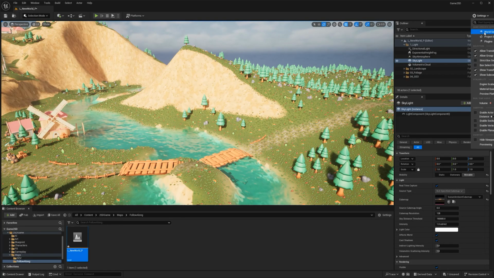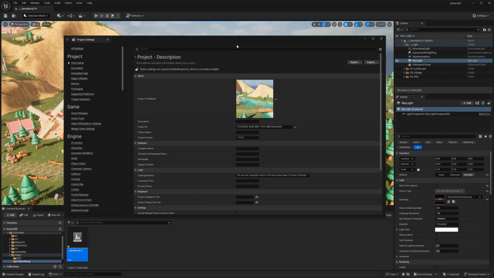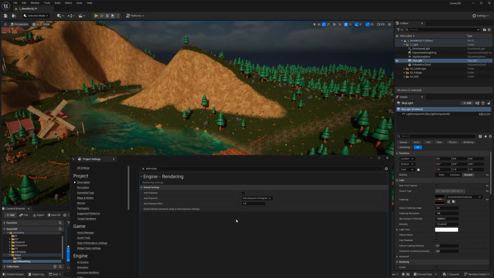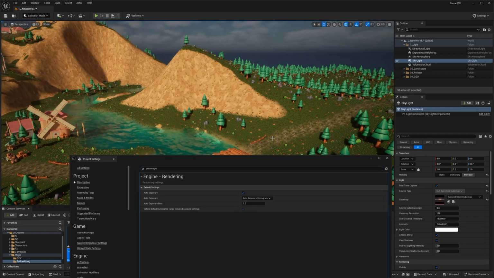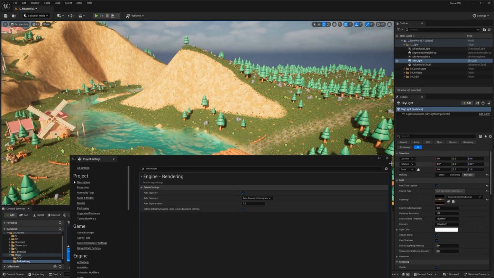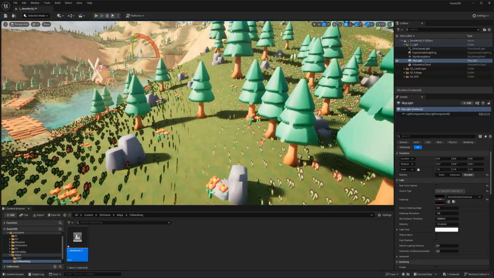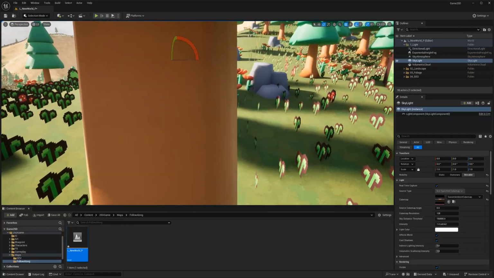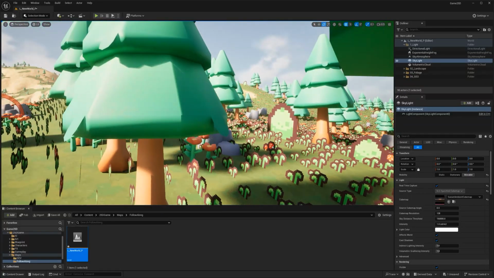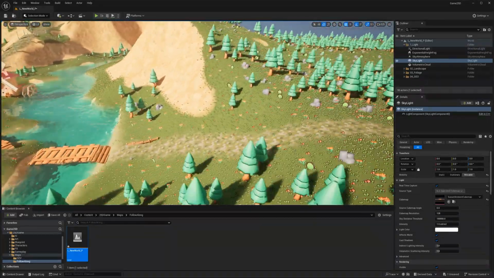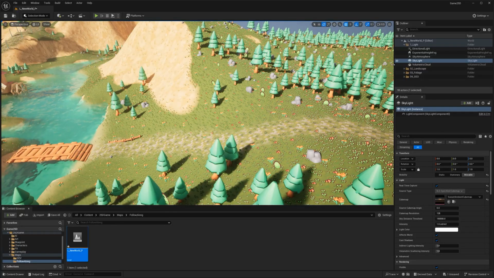So if I go to settings, you can disable this in the project settings, which I usually tend to do. It's called auto exposure. And if you disable it, that's how it's going to look. But because I already went through the process of setting up a bunch of this stuff, it's going to be counterintuitive. Auto exposure simulates that effect that if you're inside a place in shadow and then you step outside to the bright side, your eyes adapt, your iris adapts to the light. So you see a little bit of that happening. We can control it if we want.